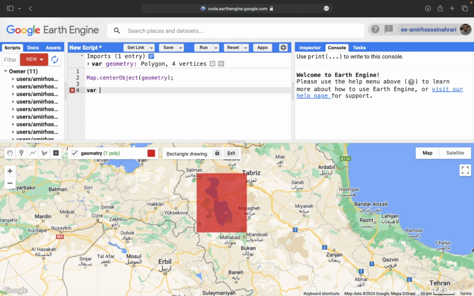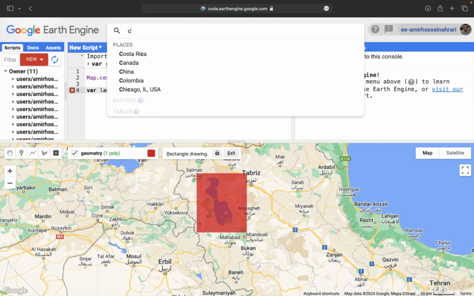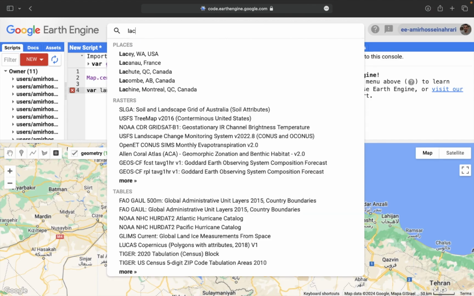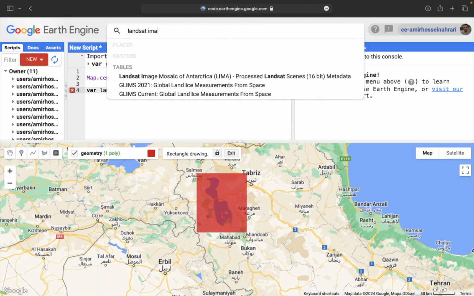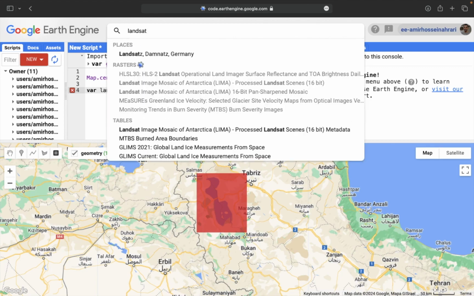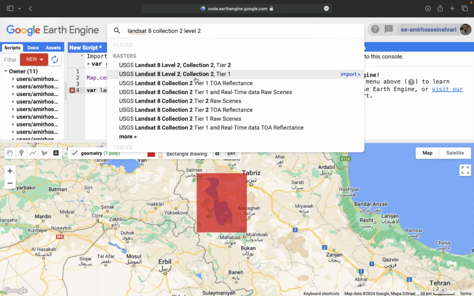So first of all, I make a variable for the Landsat images entitled Landsat equals to. Through the search places and dataset, we can find Landsat Collection 2 Level 2 data. Here, if you type Landsat 8, for example,